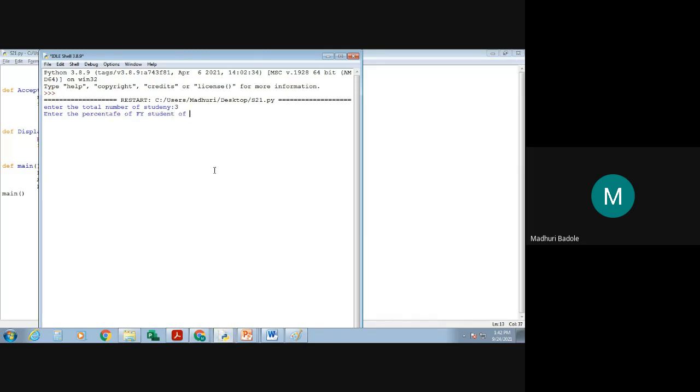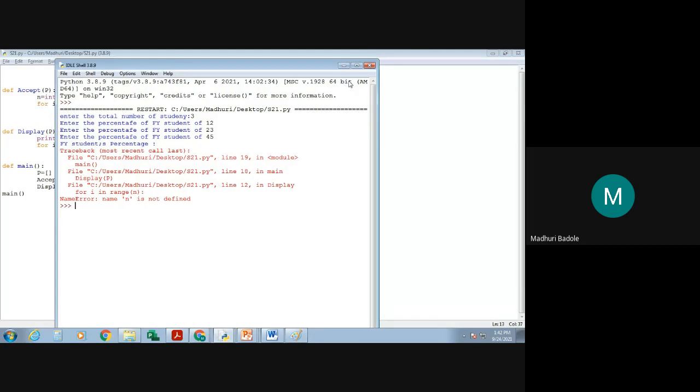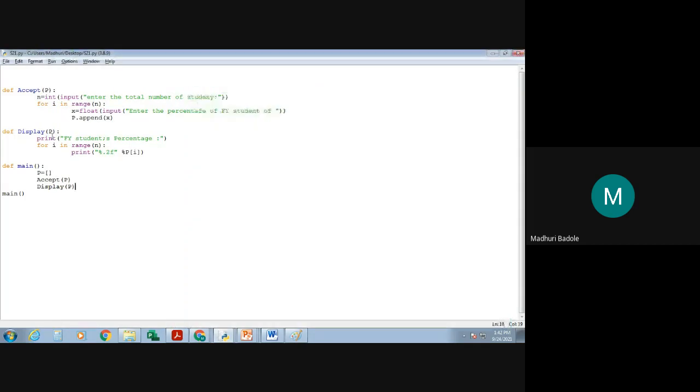Yes. Length of that. Yes, it should be length of that.